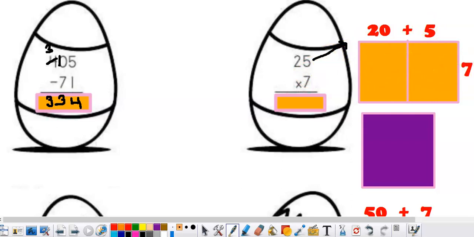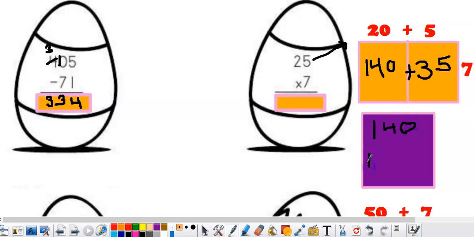7 times 5 is 35. That goes in my first area box. And then 7 times 20, if you don't know that, do 7 times 2, which is 14, and then drop your 0 into the answer for 140. Multiplication is repeated addition, so you can take these two area partial products and add them to get your final product. So that would be 140